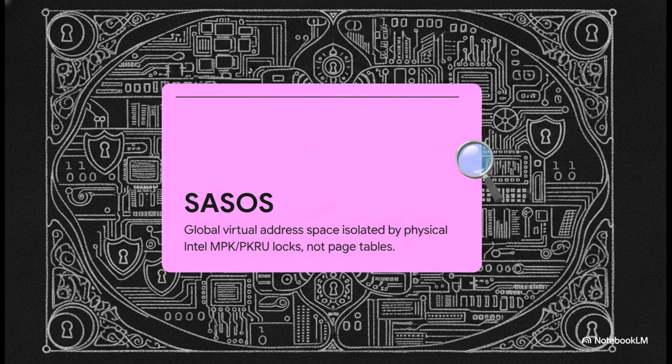So you might be wondering, how on earth do we isolate memory? Well, we use hardware-accelerated Intel memory protection keys. You'll hear this called MPK or PKRU. A domain switch here costs us roughly a mere 20 to 40 cycles. It's incredibly fast. The CPU hardware itself strictly forbids any thread from accessing memory unless it physically holds the correct 4-bit key right there in its PKRU register.